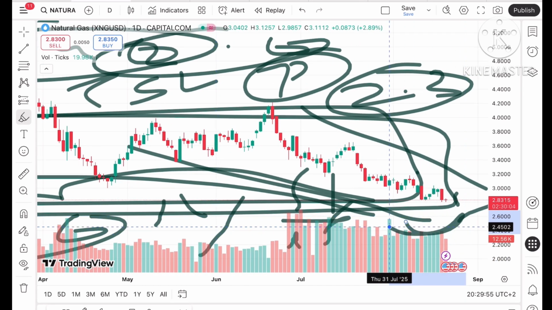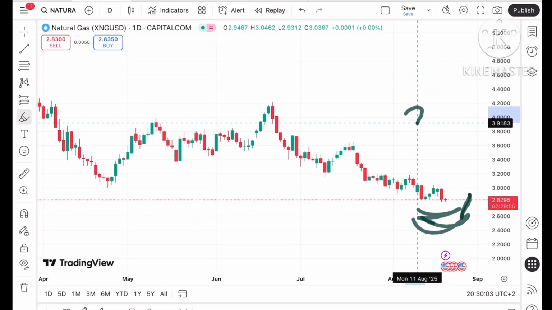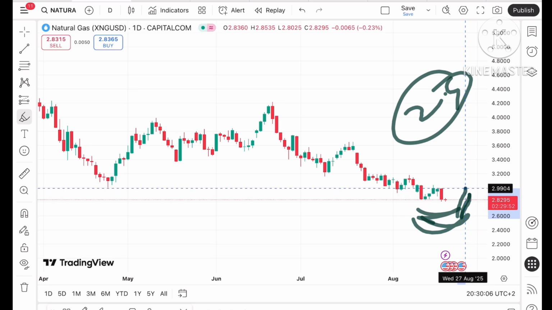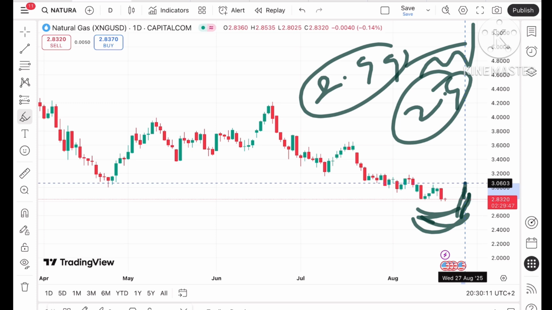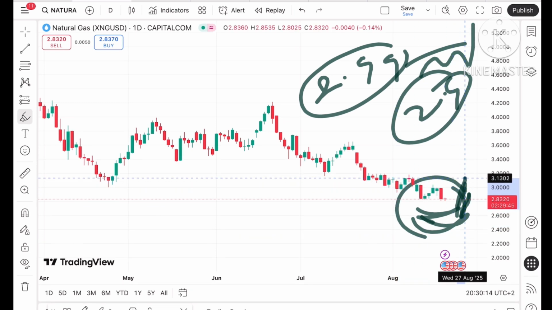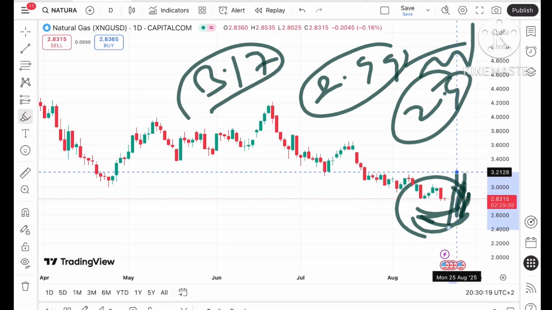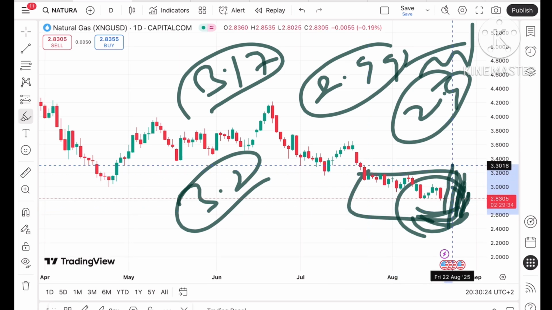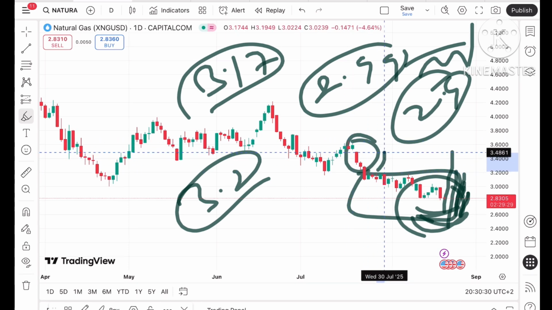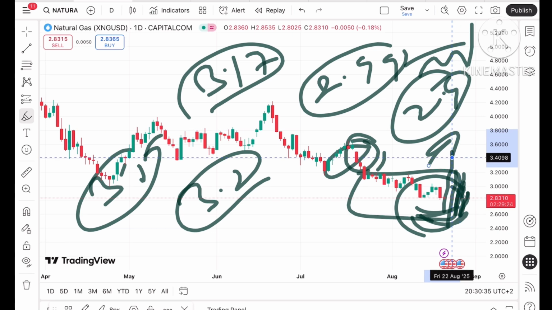But if it starts sustaining this level, it can touch a level of 2.9, and if that sustains, a further upside can be seen towards 2.99. That is already tested, so we can see the price rise above $3, and then there will be a zone breakout. So it can touch a level of 3.17, and if the price goes above that level, we can see a probability of touching 3.2, because there will be a zone breakout. So it can rise towards 3.3, then to a level of 3.7, and this gap can be filled at a level of $3.5. And if the price moves above that level, a further upside can be seen.